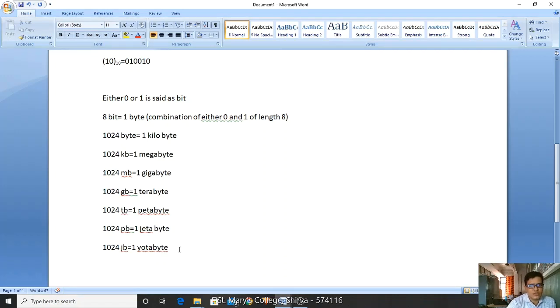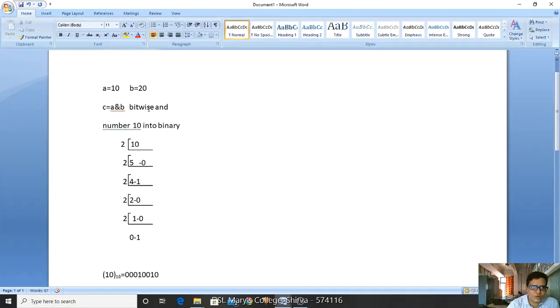So it indicates like this. I want to represent these bits in the form of 8 bits. 8 bits is called 1 byte. So if I add any zeros in front, will its value change? No, right? Got it?